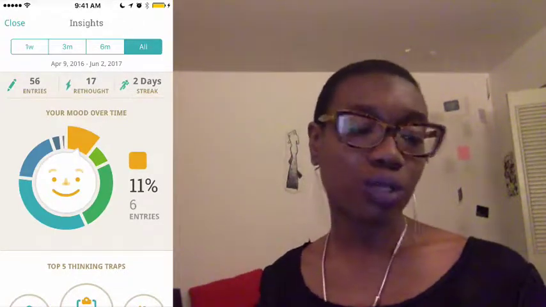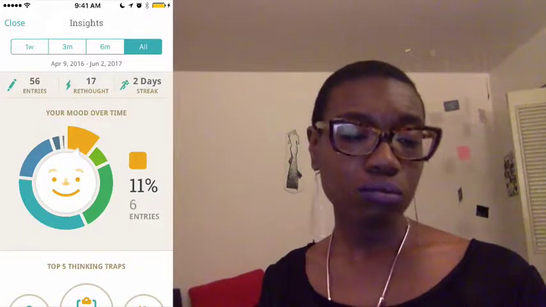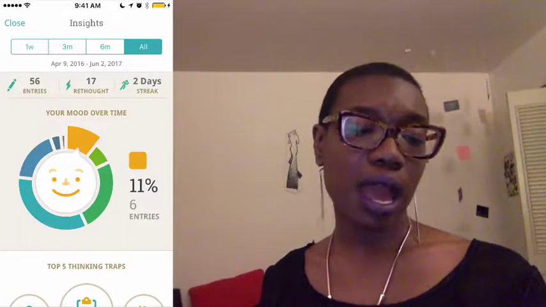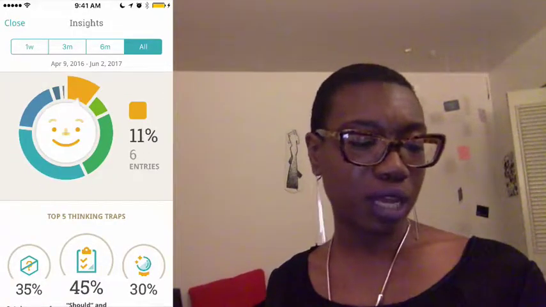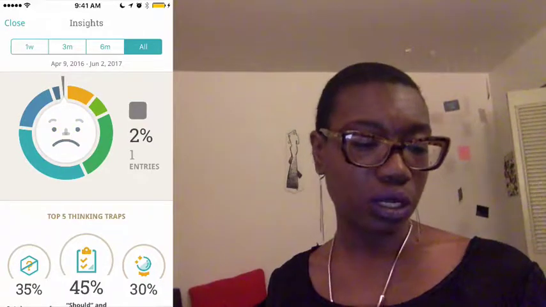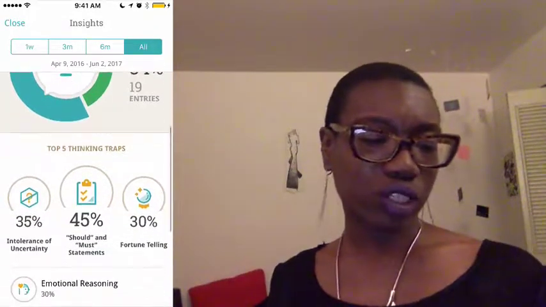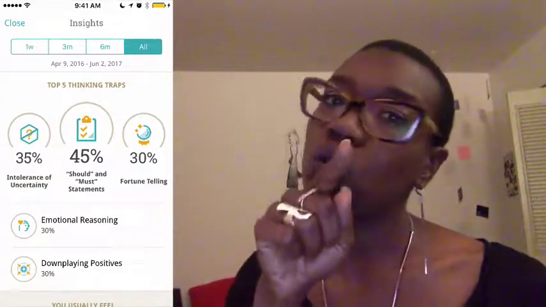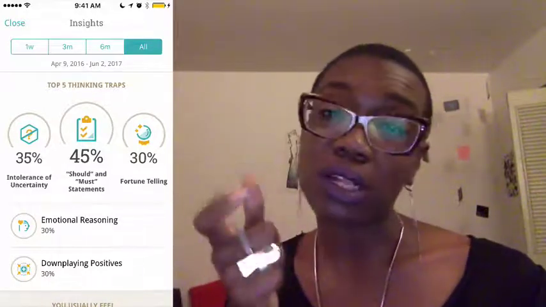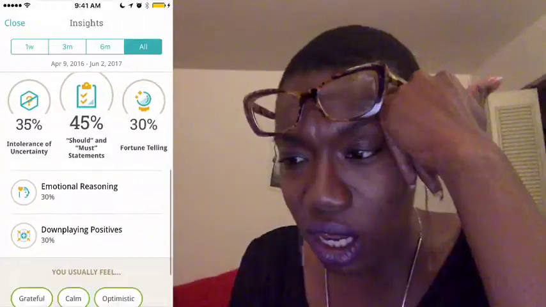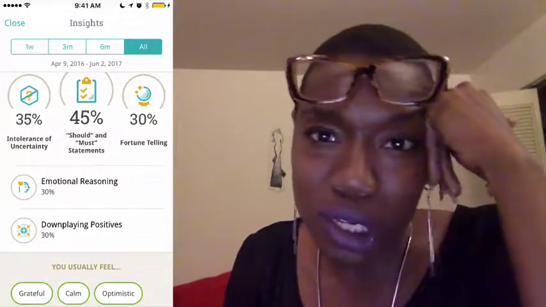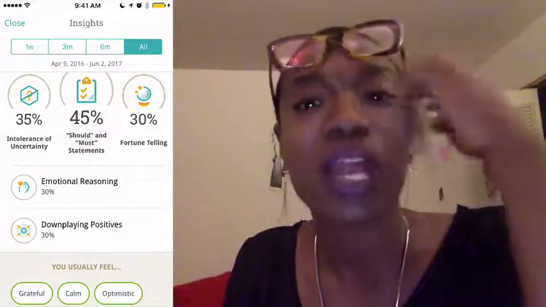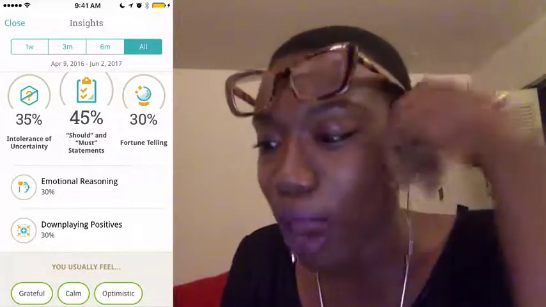And then it shows how many I've rethought, and how many streaks I've had. So you can see what percentage, how many entries were feeling in different modes. I can see what my average emotional state is. Then I can see my top thinking traps and start to work on reshifting the way I'm looking at my world or looking at situations. Intolerance of uncertainty is a huge one for me. Not knowing how things will pan out and being stressed about it, even though I will never know how things pan out because I don't have a time machine. I can't move forward or backwards, right?